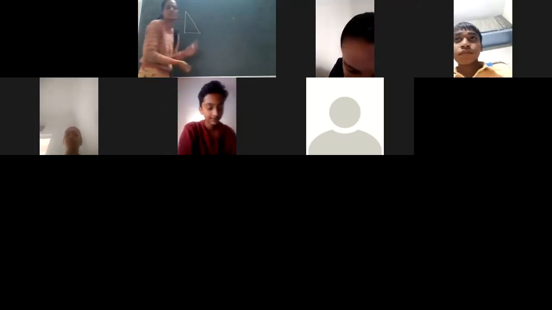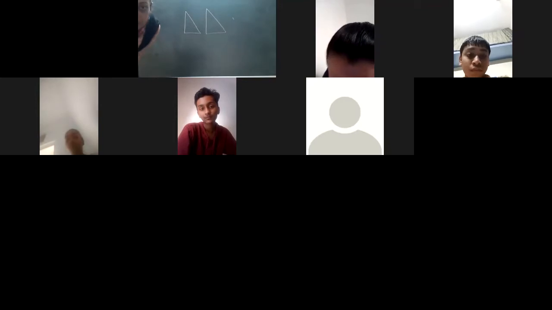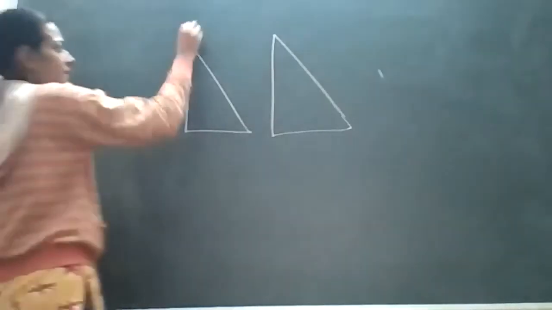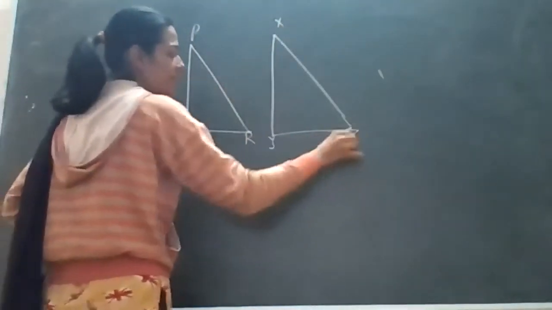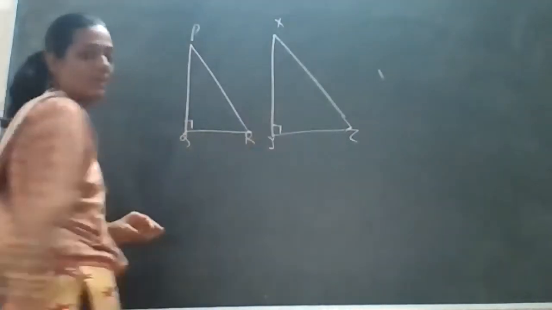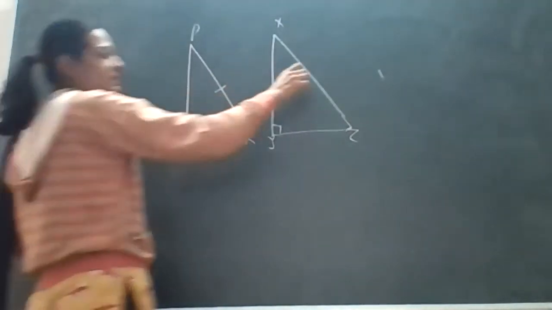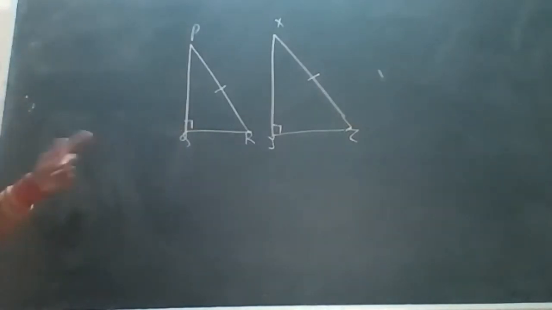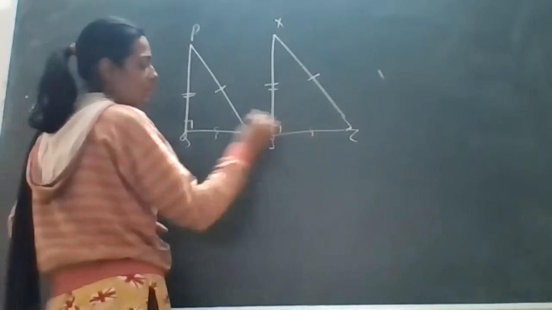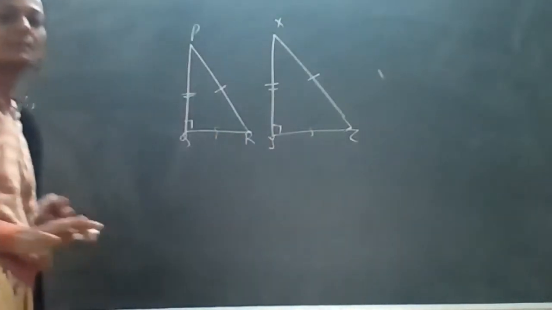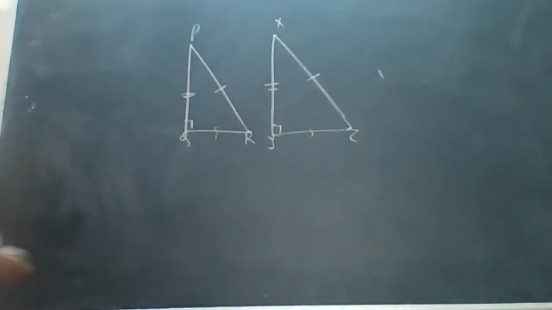So here we are going to take two right angle triangles that you know, right? And here what we are going to do is, by taking here give the name PQR and here XYZ. Here right angle which is equal. Here this is hypotenuse that should be equal, and one of the side you can take either this side or you can take this side. One of this side you have to take as the other side. Okay. So what is given?